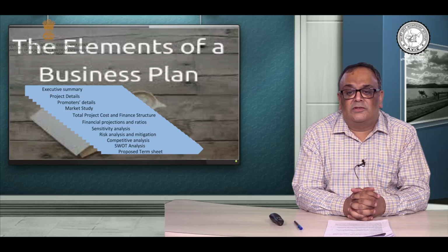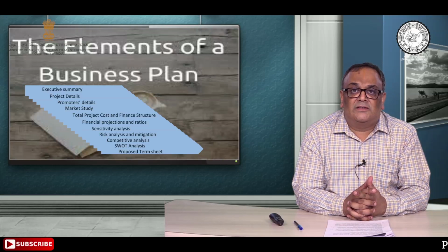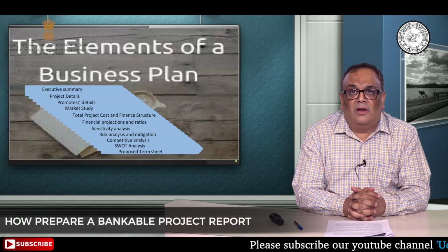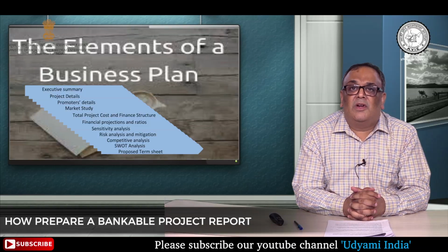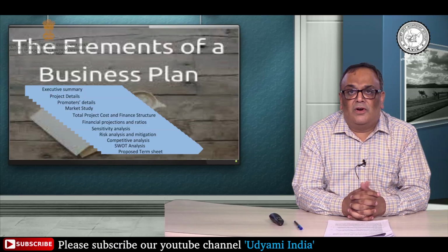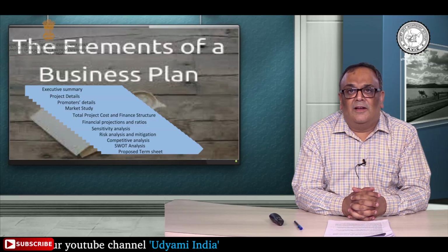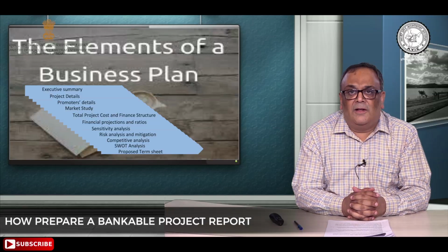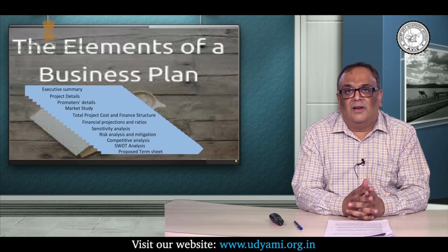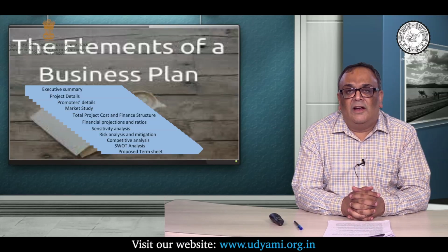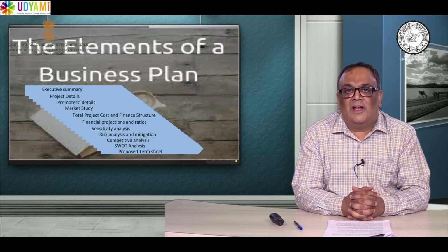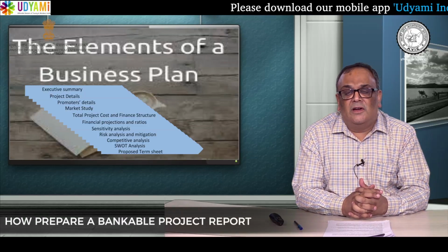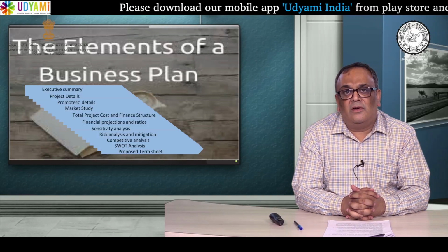And then comes your proposed term sheet. This document contains the details on what terms and conditions a business loan is being allowed or processed. There can be some conditions from your end where you want to seek some relaxation from the bank. So you can have those statements there, or the bank can have some inputs on that. After evaluating your business proposal, at the time of disbursing a loan, they can make some changes or modify those terms and conditions on the basis of the viability and profitability of your business proposal.